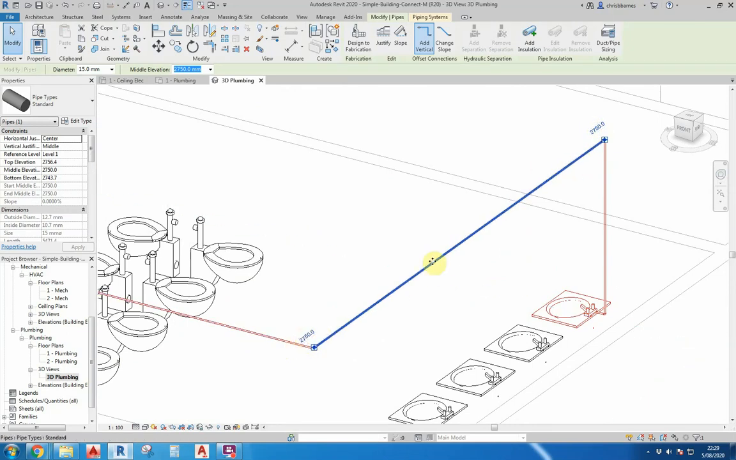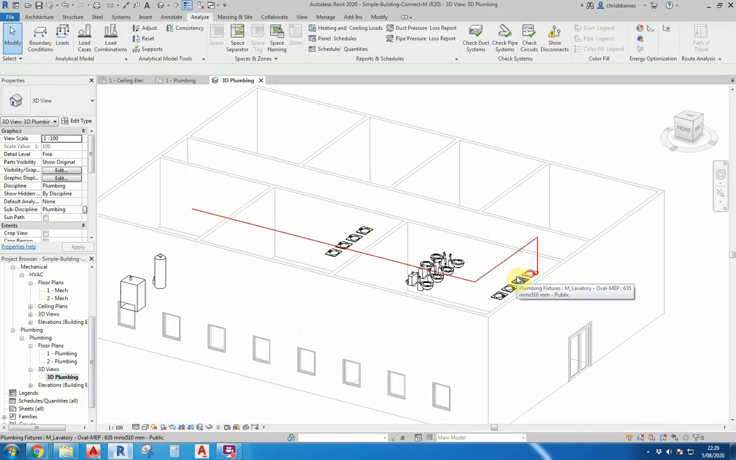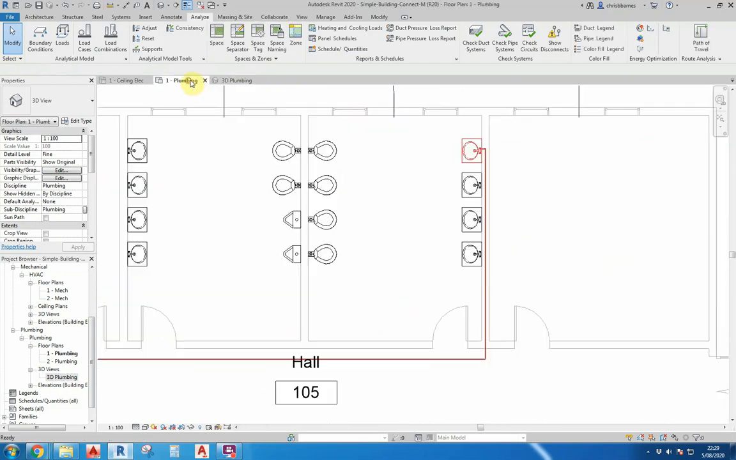If these two numbers don't match, it means that the pipe is not horizontal and a slope has been put in there. You'll also get a slope indication in the middle here. Now if we go back to here,